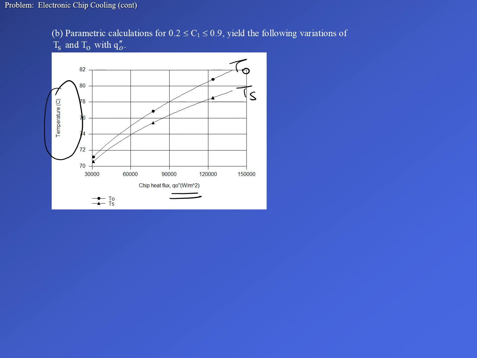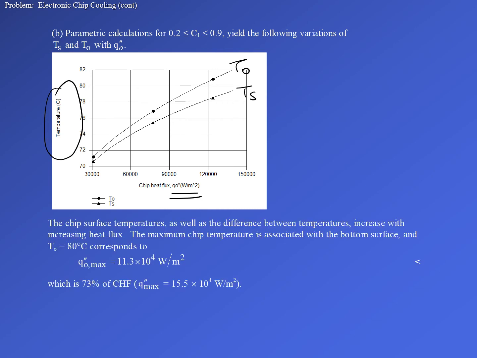So you can see that the temperatures increase with increasing heat flux from the bottom, and the difference between T naught and Ts also increases as we increase our Q naught double prime. Okay, so for a maximum Q naught double prime situation, which is 11.3 times 10 to the power 4 watts per meter square, we have